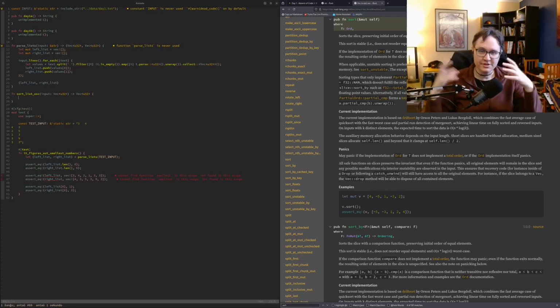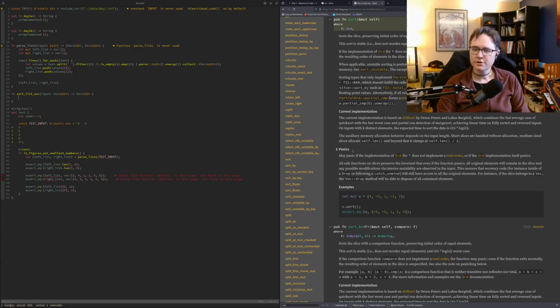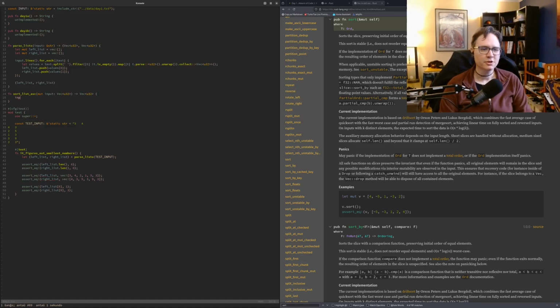These are numbers. A 3 is a 3, and it doesn't matter which 3 I'm getting. So it's going to just sort in ascending order. So v.sort, sort eq, cool. I need to take input as mutable. So input.sort, and then I'm going to return input.